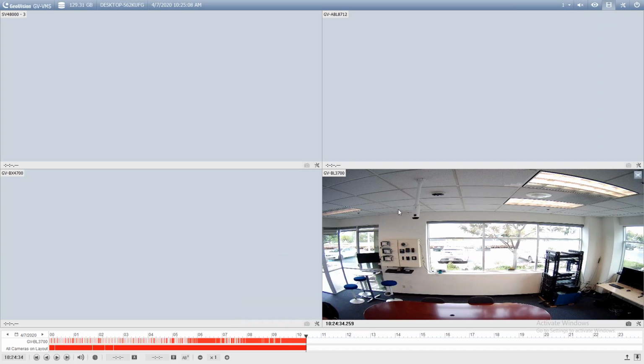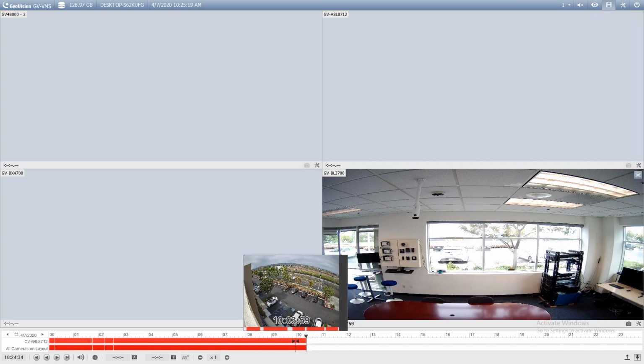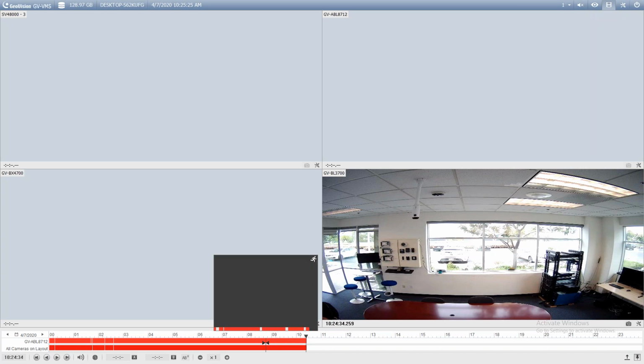So if I click on a different camera, you'll notice here that first bar changes. So that's just bringing in the motion clips associated with that camera alone. And then once you hover over your timeline, you can see a live preview from the camera that you've clicked on. So again, it allows you to kind of scrub through and look at your video